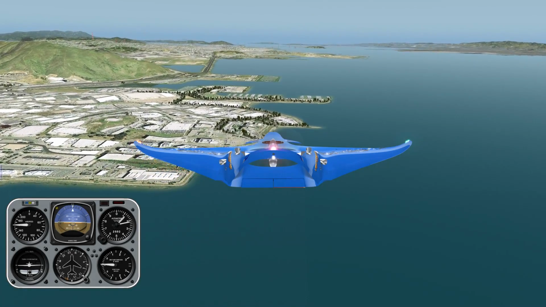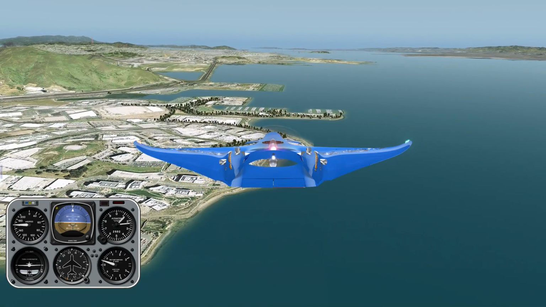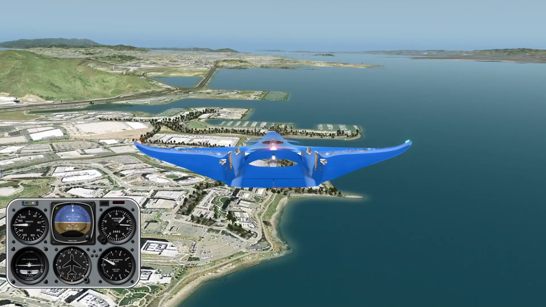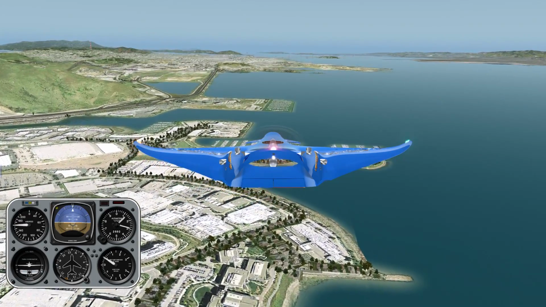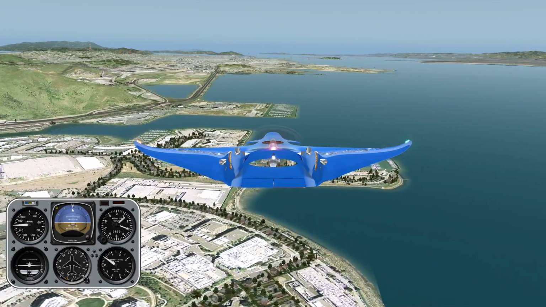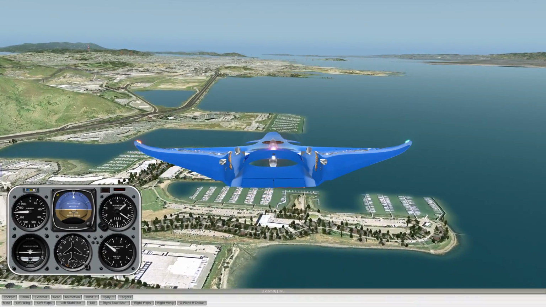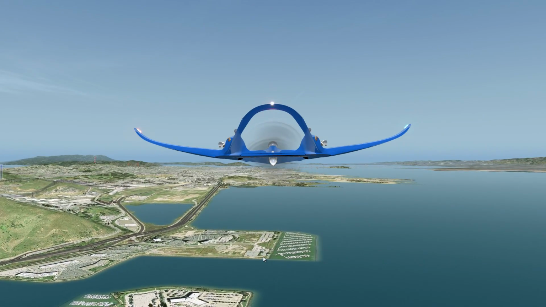So we're heading on up the San Francisco Bay right now. I want to show you some other features of target following cameras and targets. I've got a bunch of targets that I've actually created here in the Bay Area. But while we're heading on up there, one of the things I want to show you is this chase camera, this X-Plane 9 chase view, to see what that looks like. So come on down here. I'm going to just select the chase view camera, and what I want to show you is how it behaves